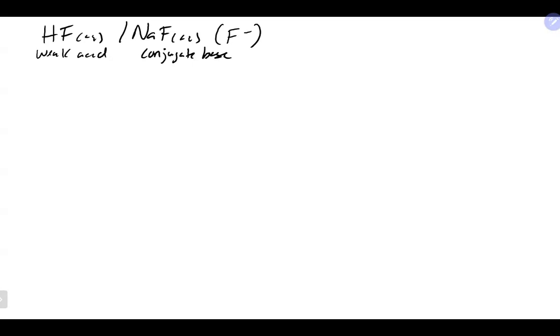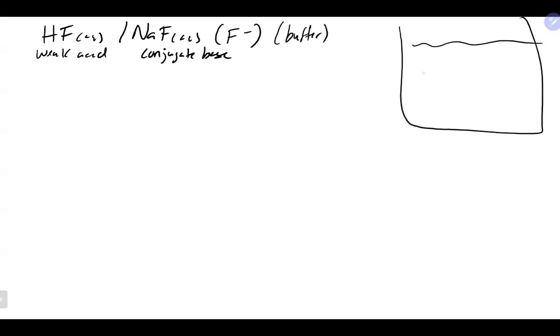So when we make a solution of this, which is a buffer, we will get the HF, which will set up an equilibrium, and we will have both of these in the buffer to begin with. We will have the acid part of the buffer,